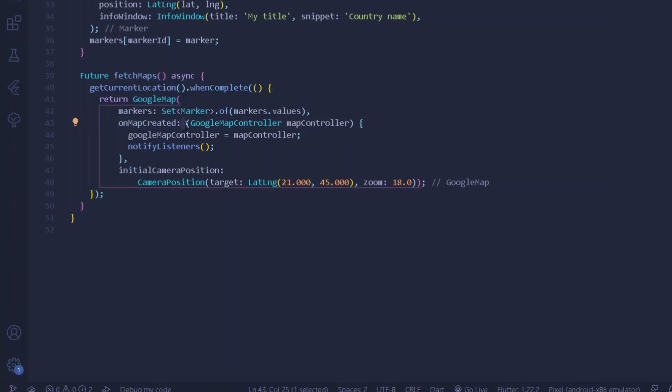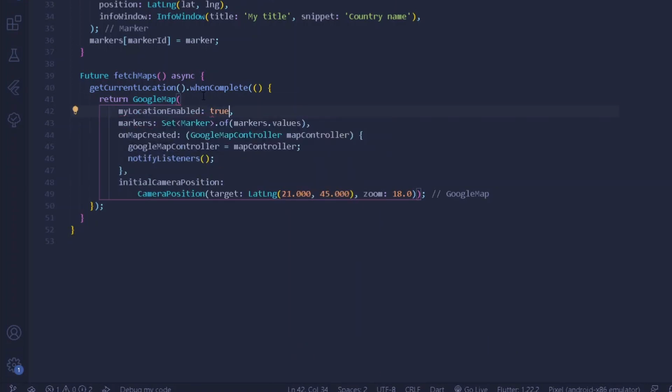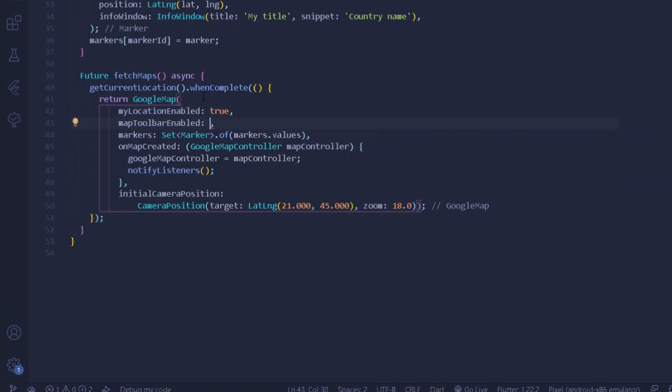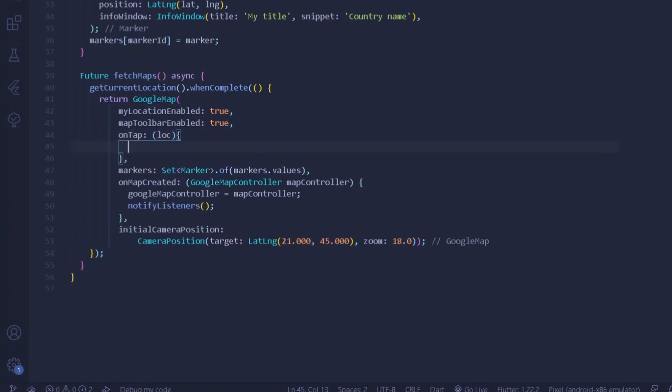Now let's do one thing, that is assign the other properties to our map. So here let's have one more thing: my location enabled to be true, my location enabled button to be true as well, and here we shall be having a property of on map. It will be taking a value of loc, which will be our current location. So here under the case of loc, first of all we will be simply creating a new coordinates